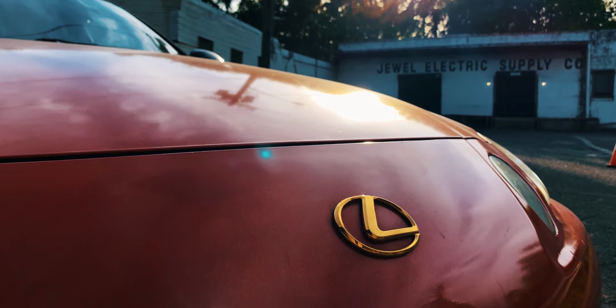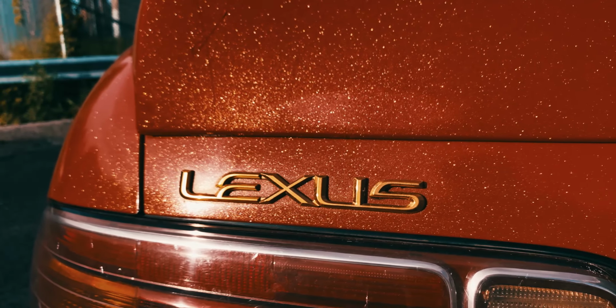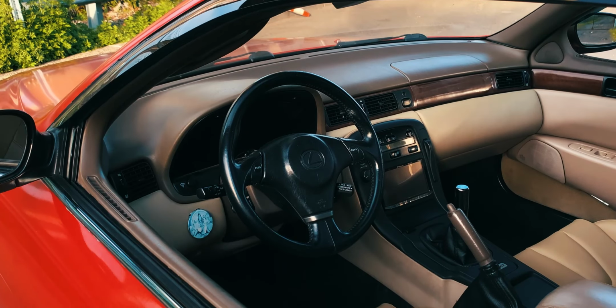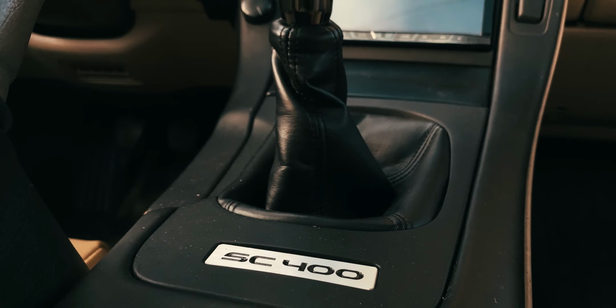This is my 1994 Lexus SC400. This car is the main focus of this channel, and you've been along for the ride for most of the projects we've done on it. It has a 4-liter 1UZ V8, making 250 horsepower and about 260 torque, mated to a 4-speed automatic slush box